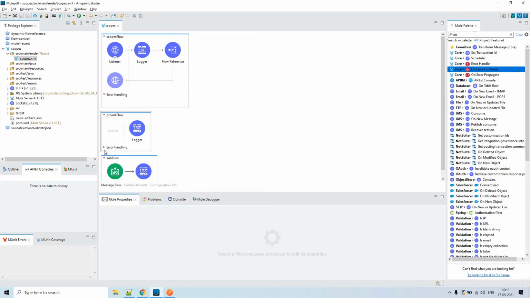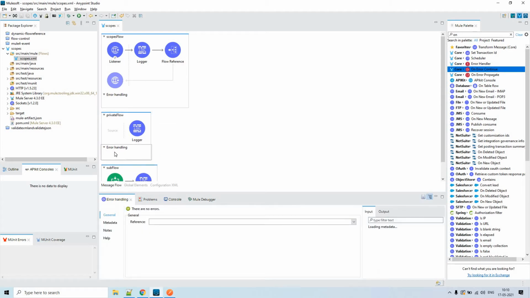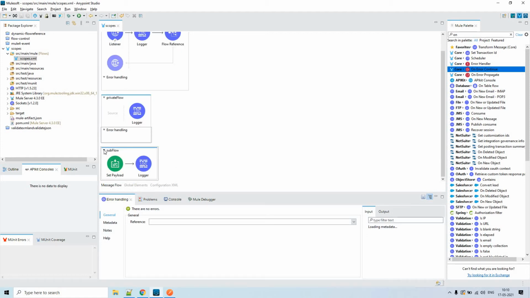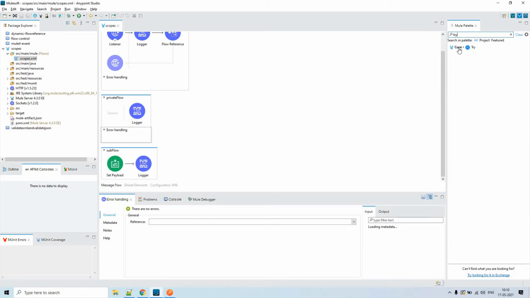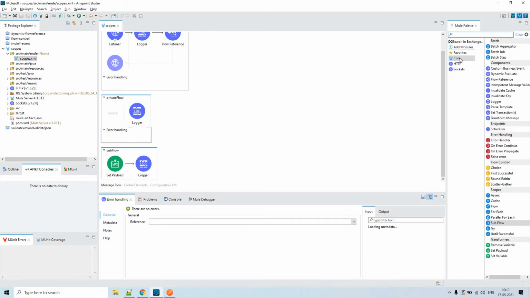Now in the private flow as well, we have an error handling section. But if an error occurs in the subflow, how to handle that? For that we have something called try scope. Within the core module, in the scope section, under scopes we have try scope.